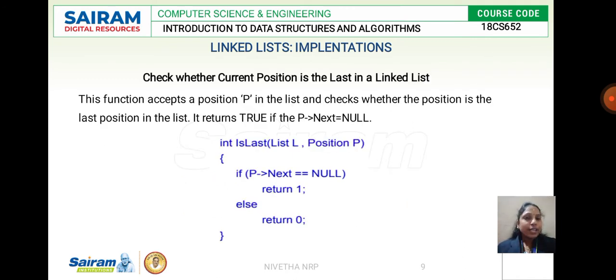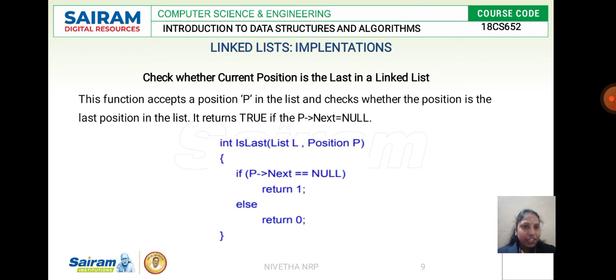Next, to check whether the current position is the last in a linked list. How do we check whether the current position is the last node in the list? We know that whenever the address of the last node is referenced as null, it specifies it is the last node. How do we code here?